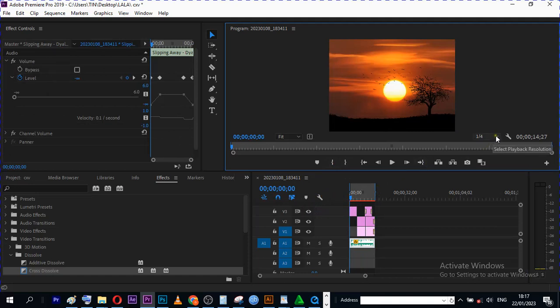Then after I click here, then turn it back to full resolution, because we made a quarter resolution to make it easier with these heavy images, easier for us to edit without any complications of having a slow machine. That is it basically. So if we happen to go back,